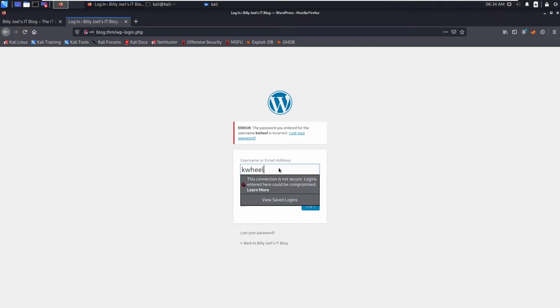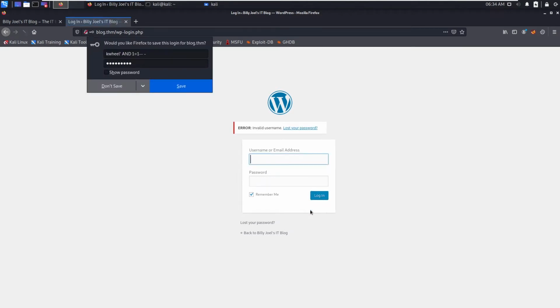Okay, if you have an error message like this, it's worth trying for SQL injection. So if this corrects, then you can say that it's prone to SQL injection.